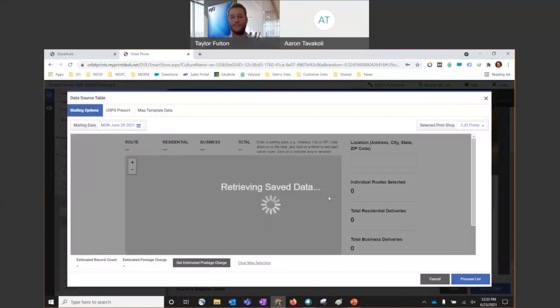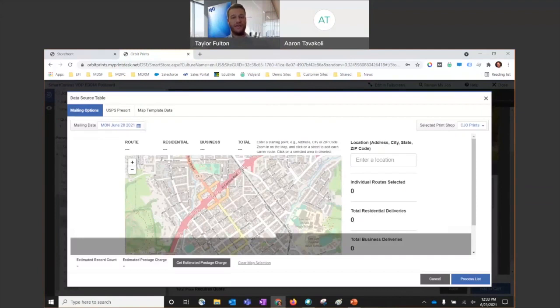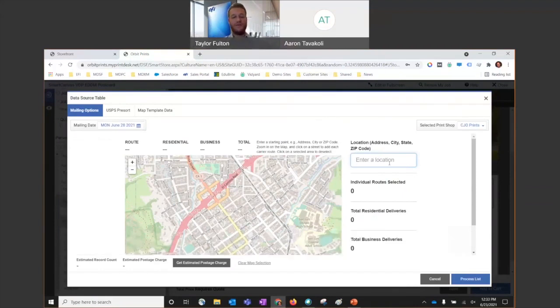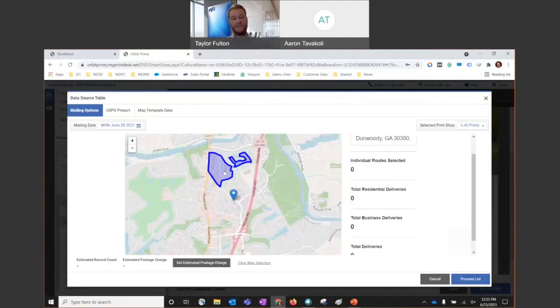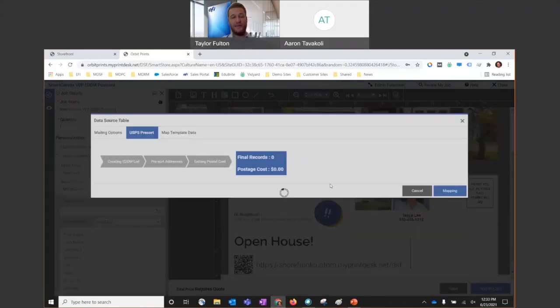And this is where the AccuZip integration loads into our MarketDirect StoreFront UI. So from here, I can identify a location, whether that's the address of the house itself, or the zip code or the city that the house is in. So in this case, I'll put in 30350, which is here in the Atlanta area. And then you can see I can select specific carrier routes right from this map. So if the house is right where that pinpoint might be, maybe I want to select that carrier route to target for my campaign. From there, I simply click Process List, and our product, MarketDirect StoreFront, makes a call to